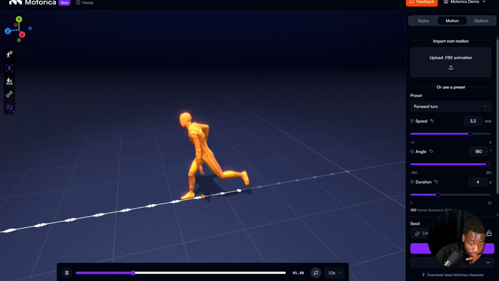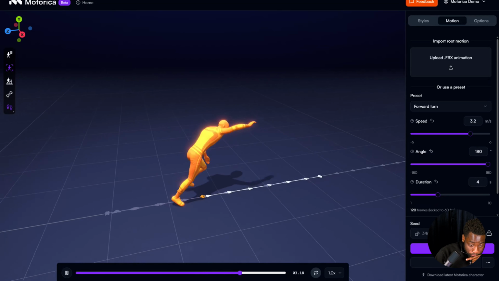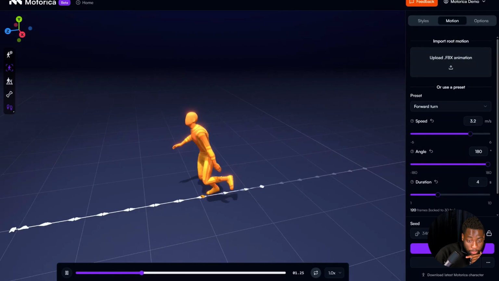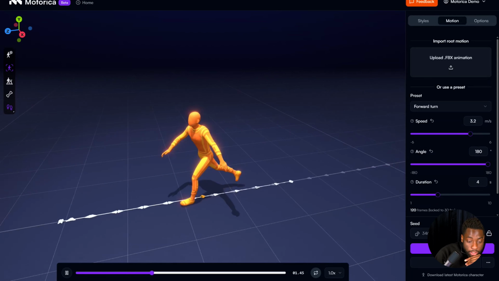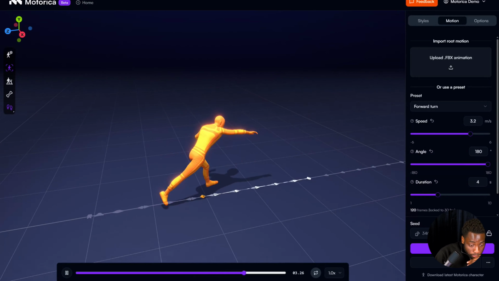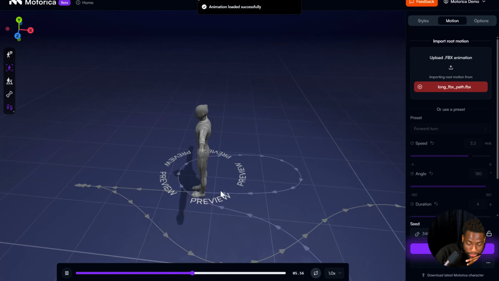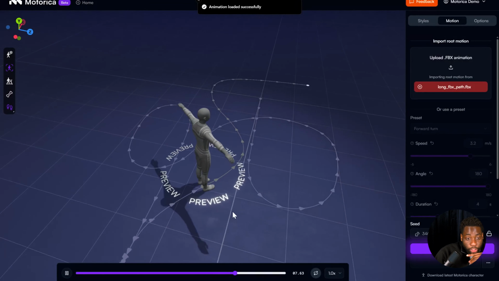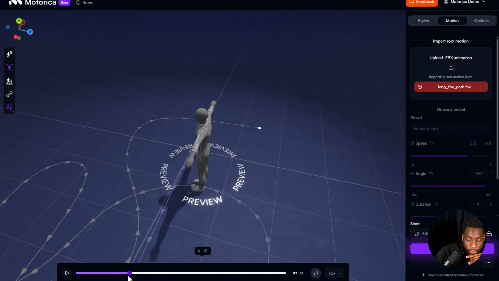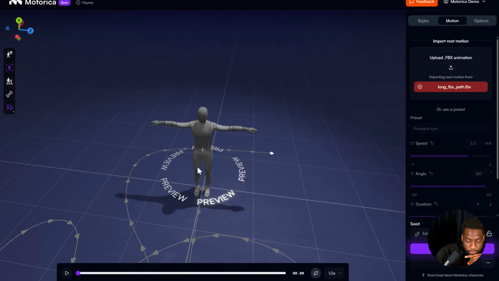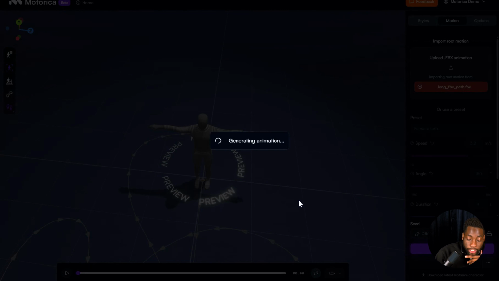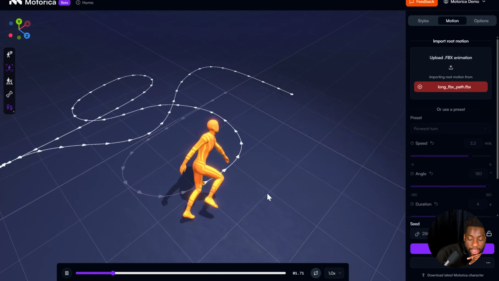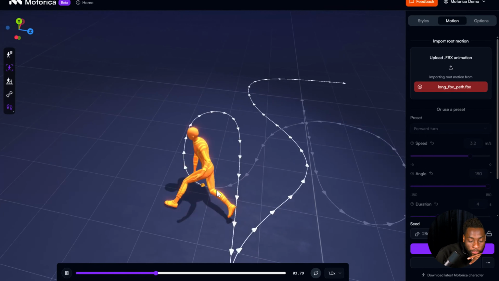And I'm going to go and find it. You won't be able to see what's going on my screen, but I'm just going through my computer and finding this path. And this is a path that I keyframed in Motion Builder. So it's really just a stress test to see how a style works in different kinds of scenarios: stops, starts, banking, arcs, and turns. We can click animate, and now we have our style on this custom path that I